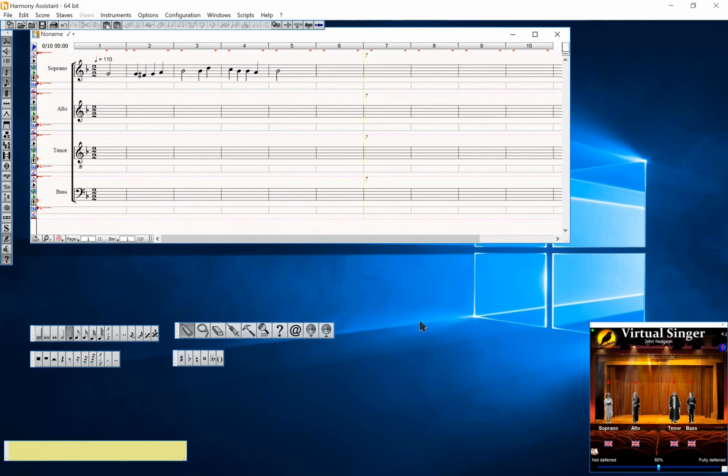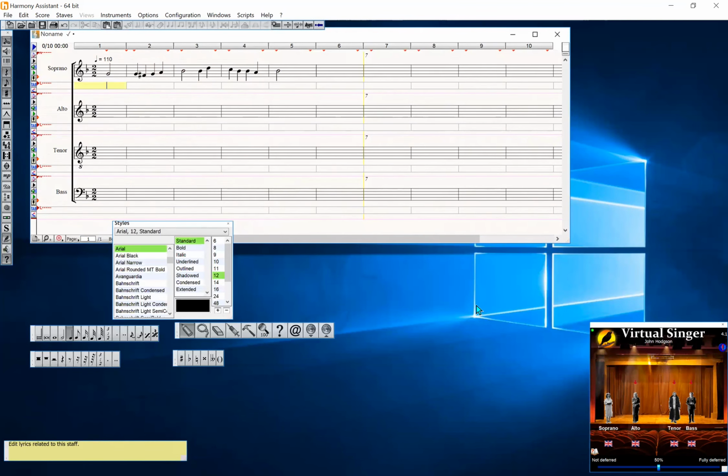So if I press the space bar, which is play, this is what it sounds like. So the default is, since there's no lyrics, the soprano is just singing la. So the next thing I do, now that I've got all the notes in, I'll put in the lyrics in